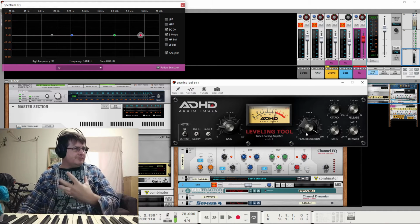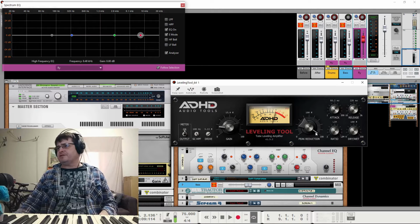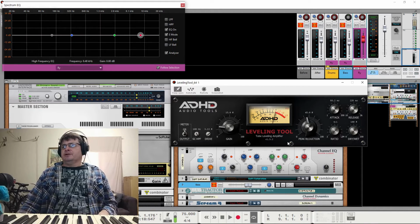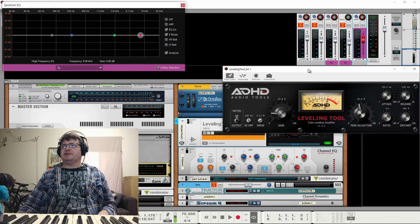That's a sign that you found something that works for you, hopefully for the piece, because it's more important that it works for the piece than for you. Once you've hit that point, then you pull up your threshold, and you can cut back your power of processing. So if we bypass this thing, which I don't think it has a bypass switch on board,